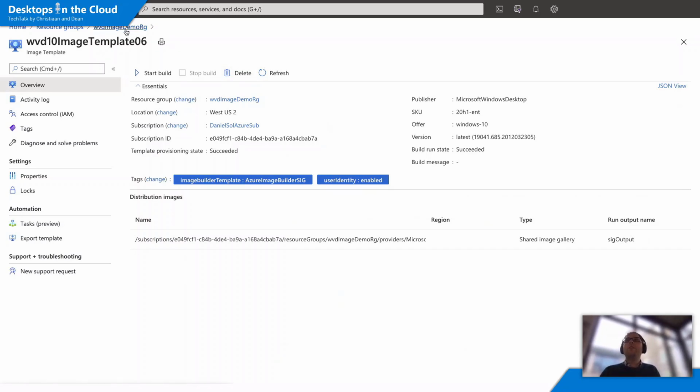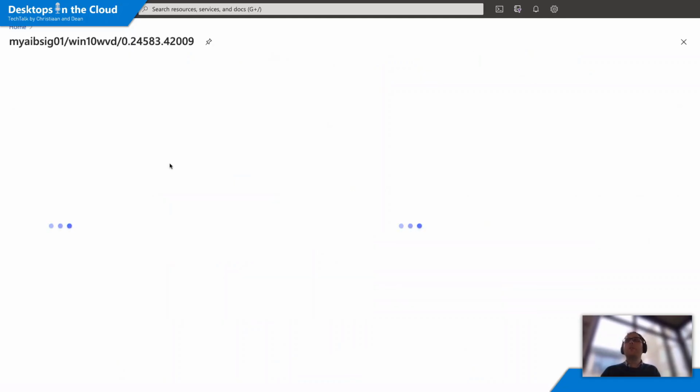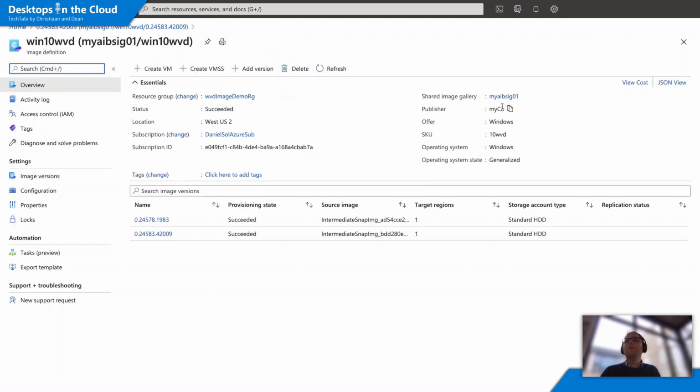Now, this is really nice, but what about if I want to actually then create a custom image from the portal using the Azure VM Image Builder? Let's take a look at that. So I'm going to jump into the shared image gallery that I've already got, and namely into the actual shared image gallery definition. And if I click on Create Version,